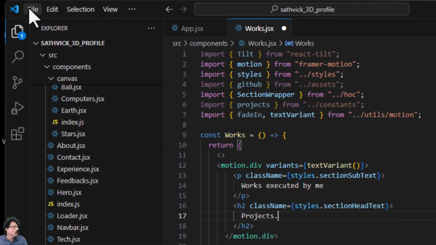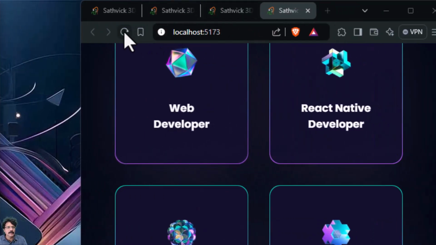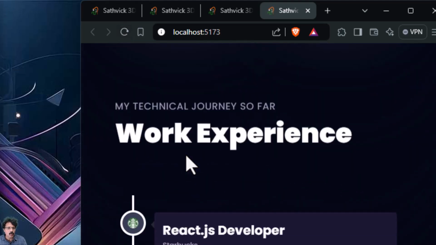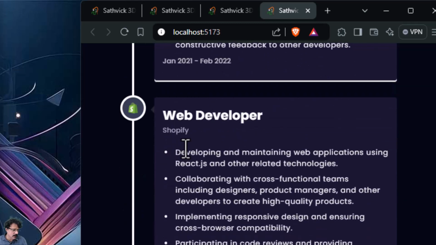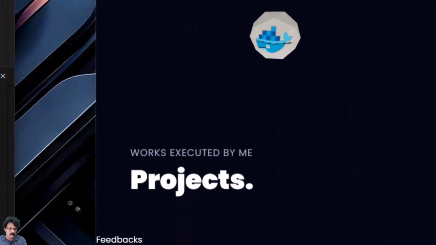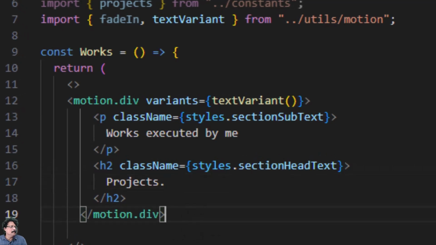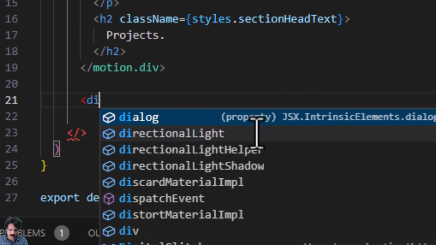And then I will go to file and I am going to save this. Actually, for this section wrapper to refresh the page once, and then if I now move down, as you come down here, see below this you are now seeing work executed by me and project. Good. Now for our card section, below this motion div, I am going to come and add one more div,